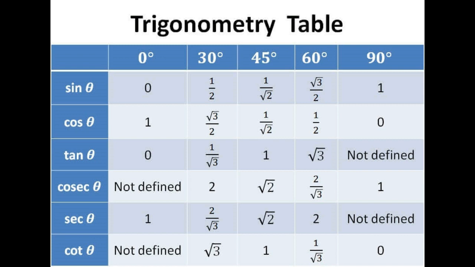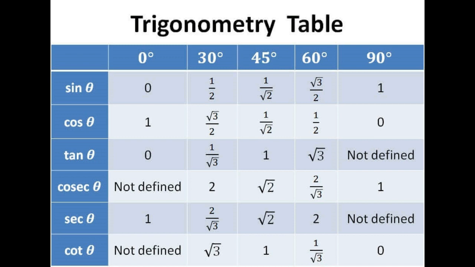The second one was 1 upon 2. So put 2 in the up and 1 in the down. So the value is 2. The third one was 1 upon root 2. So root 2 is up, 1 is down, so we say root 2. The fourth one was root 3 upon 2. So 2 is up, root 3 is down, so the value will be 2 upon root 3. So the numerator goes to the denominator, and the denominator goes to the numerator. That's it. And the last one is 1 in sine, so 1 upon 1 is 1.